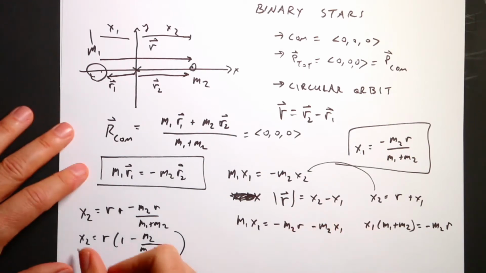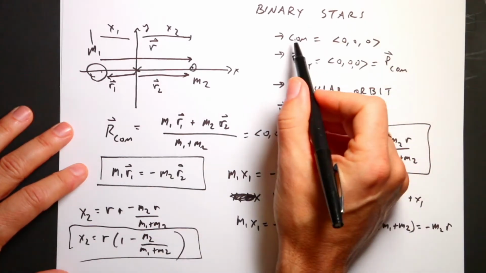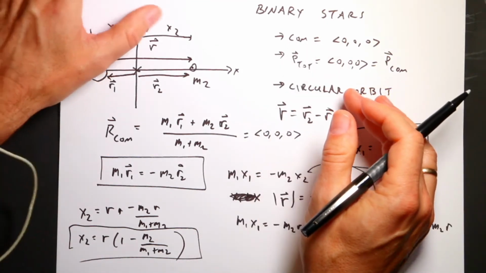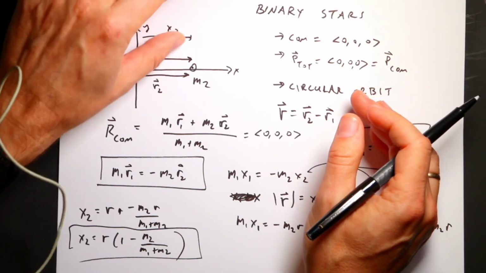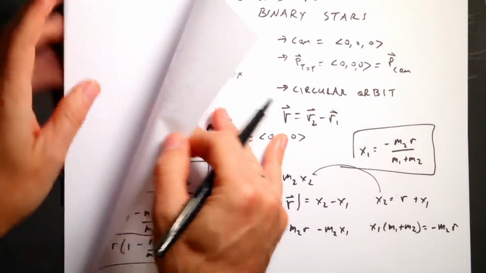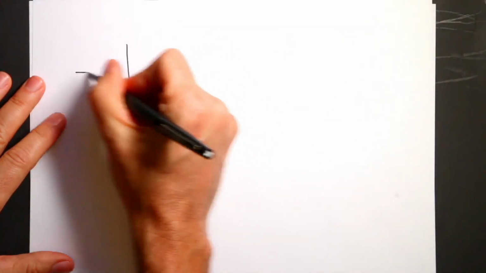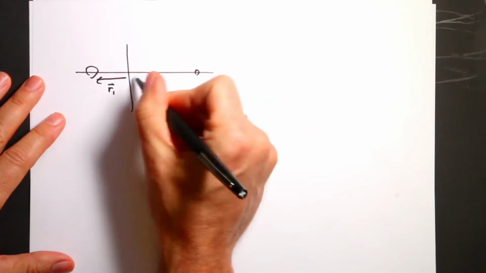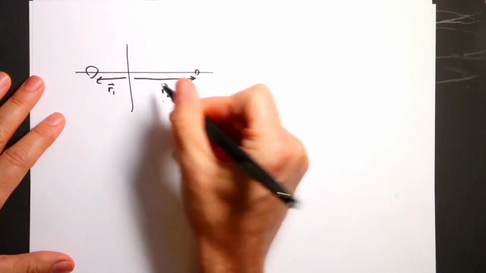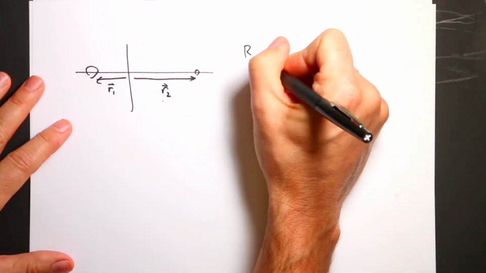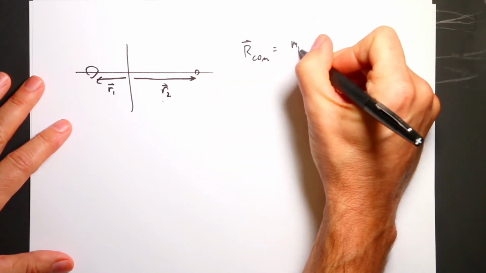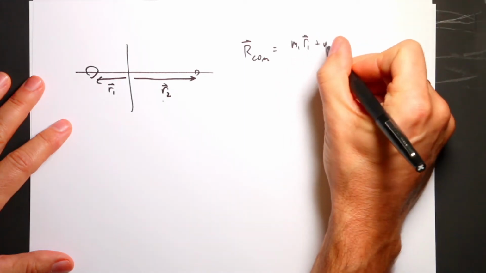Okay, so those are my locations. So now I've gotten this part. The center of mass is at 0. Let's do the total momentum is 0. Okay, so going back to my binary stars, that's R1 and that's R2. So if I say R center of mass equals M1 R1 plus M2 R2